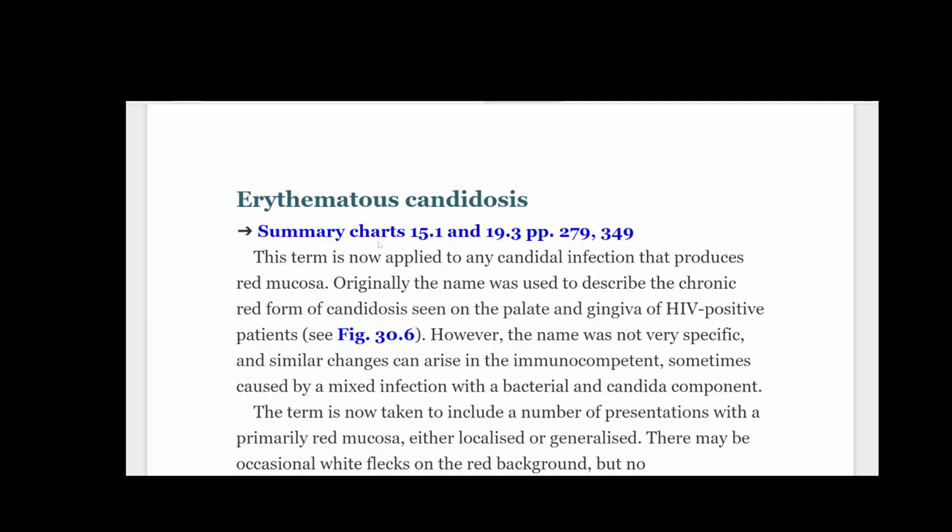Fig. 15.28. If a candidal infection produces a red area but does not fit the descriptions of the specific conditions listed in box 15.8, it can simply be described as erythematous candidosis. Such lesions are usually on the hard palate, dorsum of the tongue and soft palate, and are usually associated with immunosuppression or steroid inhalers as an underlying factor. Web URL 15.3 NICE Treatment Guidance UK. HTTP URL. US Guideline PMID,